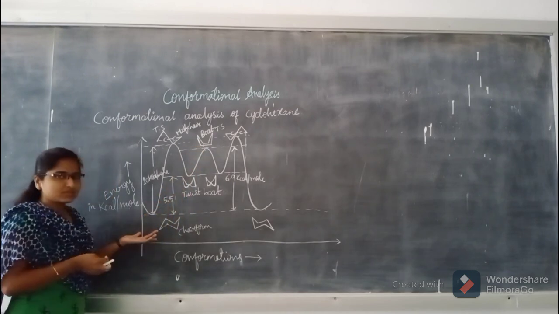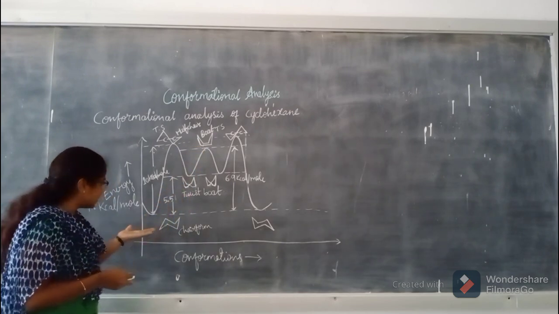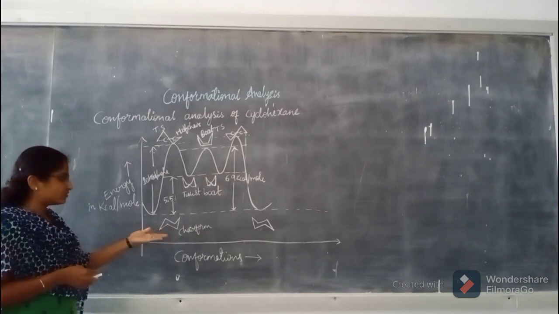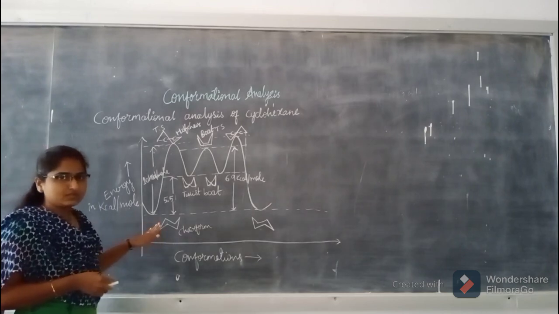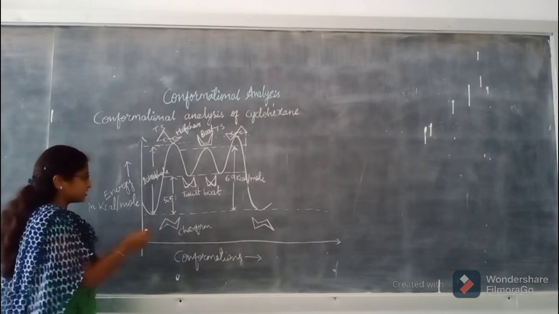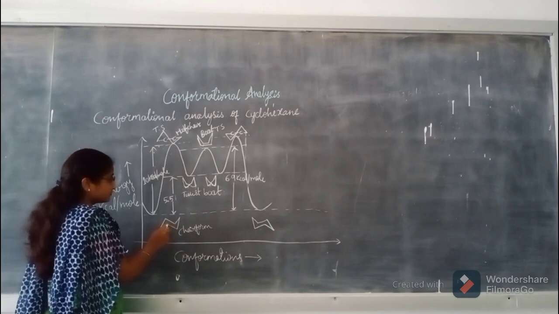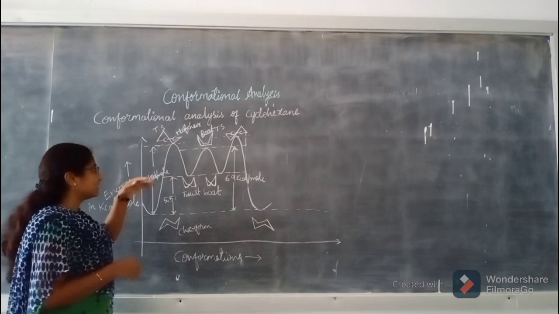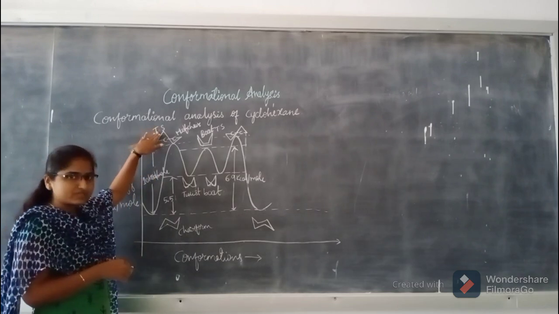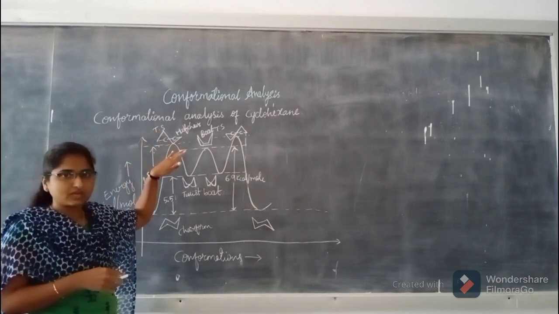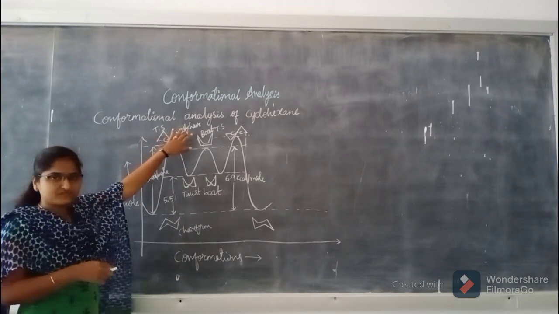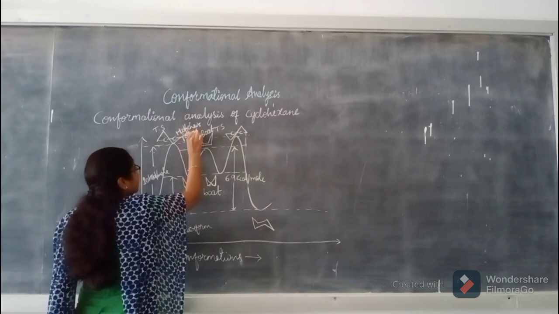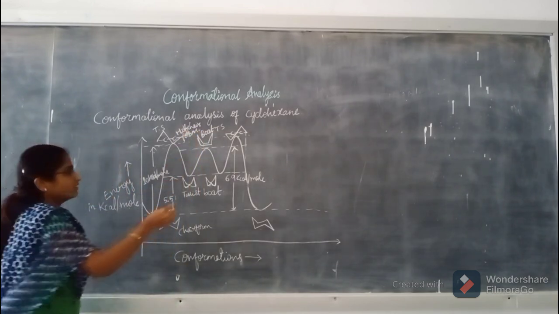The first stable conformation at the lower energy level is here. You are getting the chair form conformation because it is having less energy and it is more stable. And when you move the carbon atoms in this chair form conformation, you will get another transition state conformation, which is called a half chair conformation. It is called a half chair form by moving the carbon atoms,